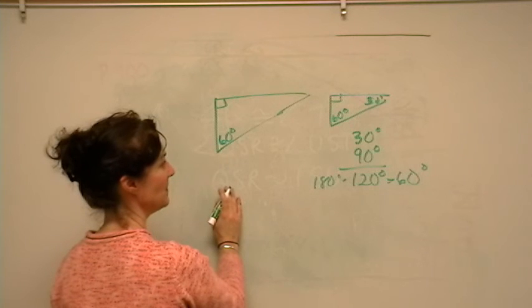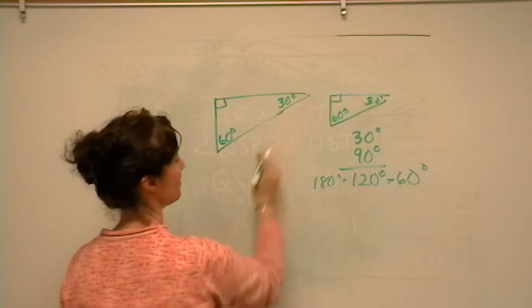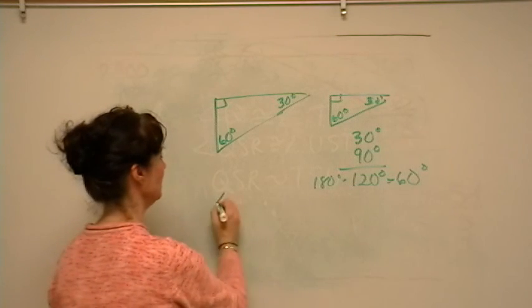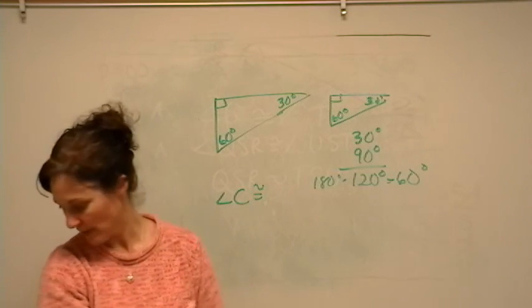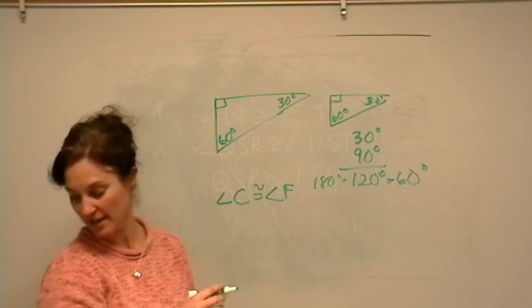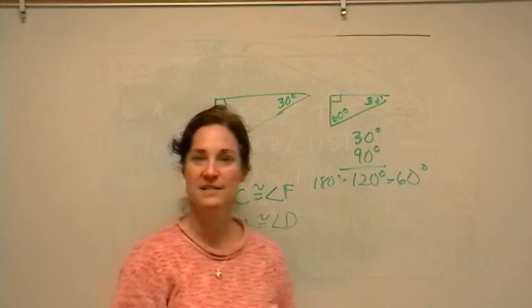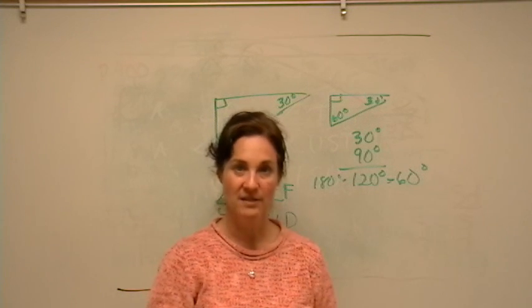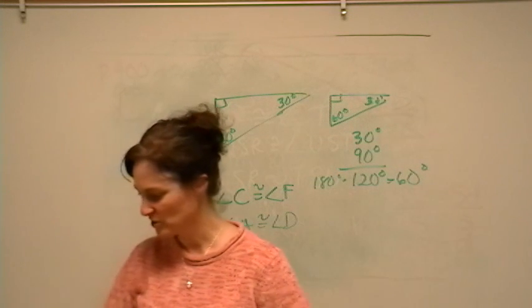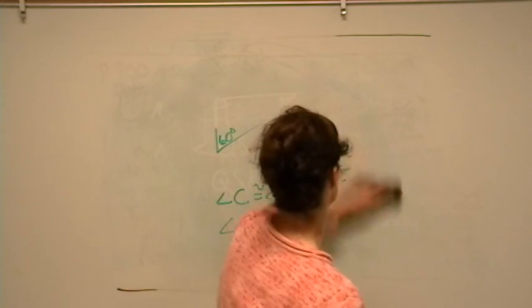60 plus 90 is 150. And so you know that this one is also 30 degrees. So now we have angle C is congruent to angle F. And then you only need one other angle, so you could say either angle A is congruent to angle D. Now remember, when you're looking at similar figures, the angles are congruent and the sides are proportional. Okay, now it says prove these triangles are similar by side, side, side, or side, angle, side. All right, so we're going to look at this one and see what